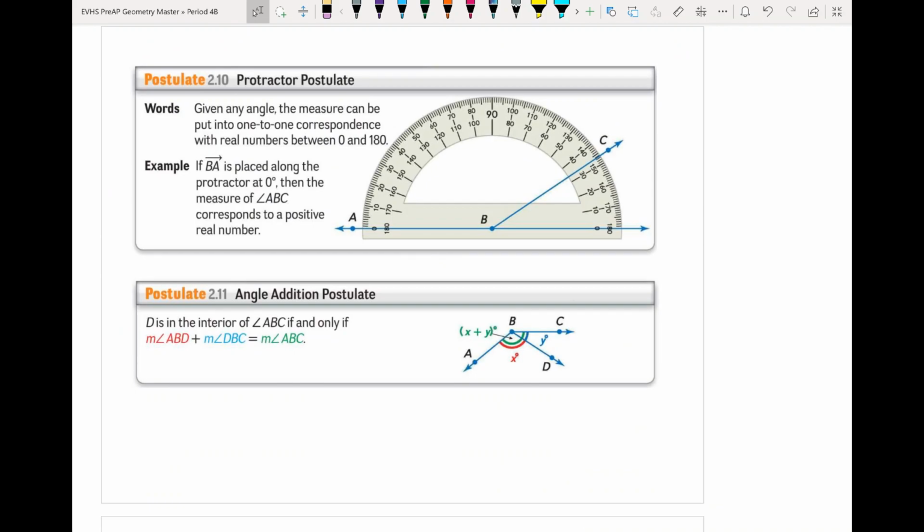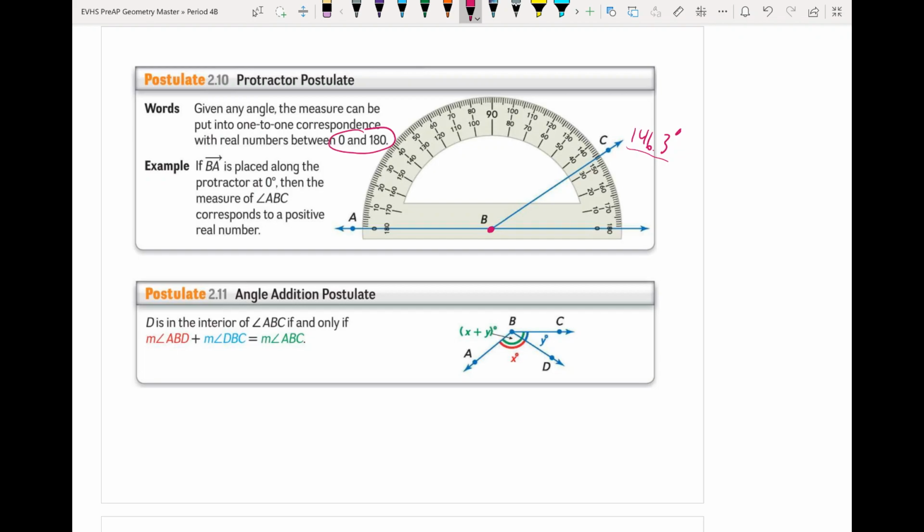We got the protractor postulate, very similar to the ruler postulate, except this one is for angles as opposed to segment lengths. So basically, the idea is that for any angle I could place a protractor on top of it such that the vertex is right at the center of the protractor, and then any angle could be measured on the protractor, and every single angle would match up to a point on the protractor. Now, it might be in between, like this one you can see is actually at like 146.3, something like that. So it's possible to have decimals. They don't have to be whole numbers, but every single angle can be measured, and it will be between 0